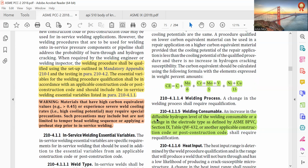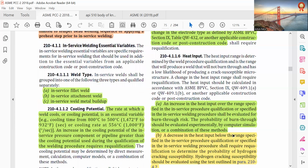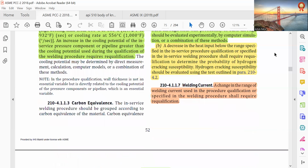Welding consumable: an increase in the diffusible hydrogen level of the welding consumable or a change in electrode type defined in ASME BPVC Section IX, QW-432 or another applicable construction code or post-construction code. Heat input: an increase in heat input over the range specified in the in-service procedure qualification or specified in the in-service welding procedure shall be evaluated